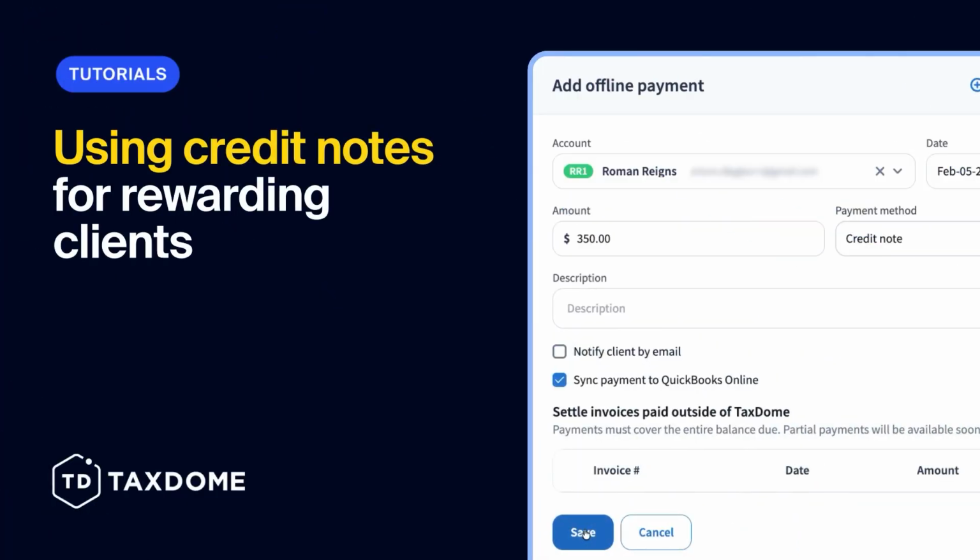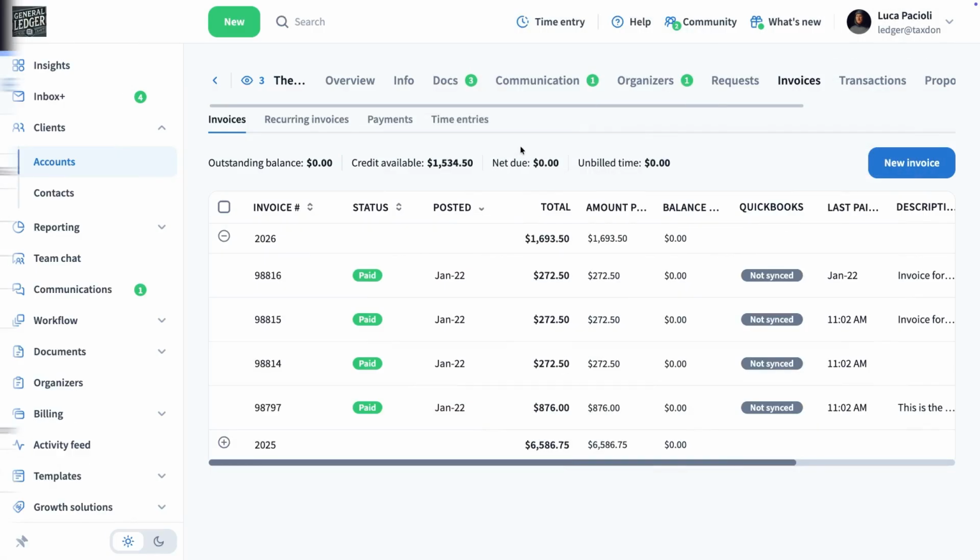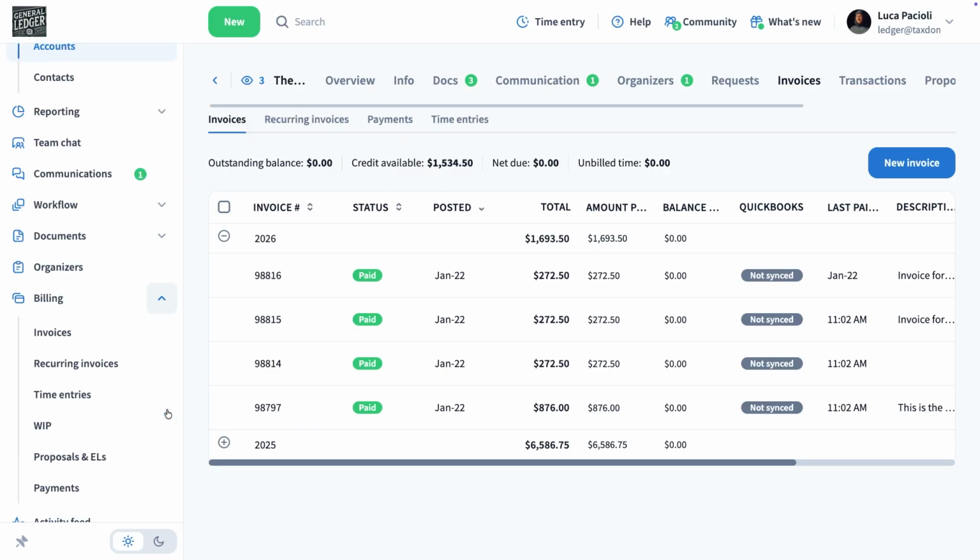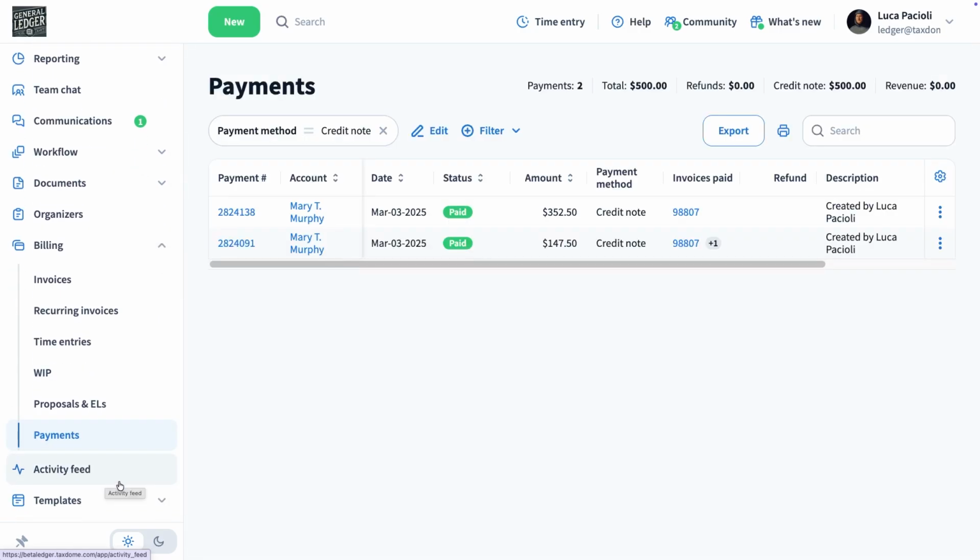Using credit notes for rewarding clients. Credit notes in TaxDome let you reward clients with bonuses, offer compensation, or provide incentives, all without devaluing your services. When you add a credit note, it becomes a digital balance in the client's account that they can use toward